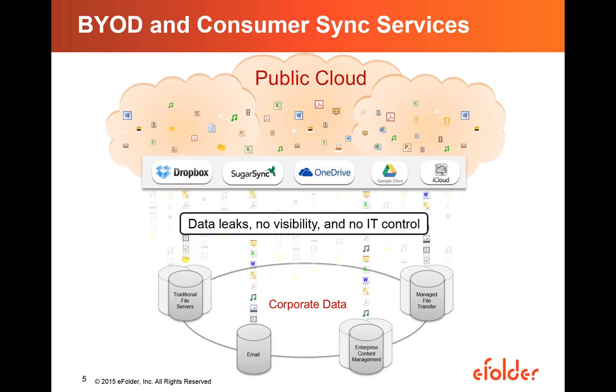So the beauty of what the OpenDNS solution does is, just one of the many functions it has, and one that comes standard, is the ability to have visibility over all the different cloud applications that are flowing through your clients' networks. And I'm going to talk to you in a moment about eFolder's Anchor service, and partners will often